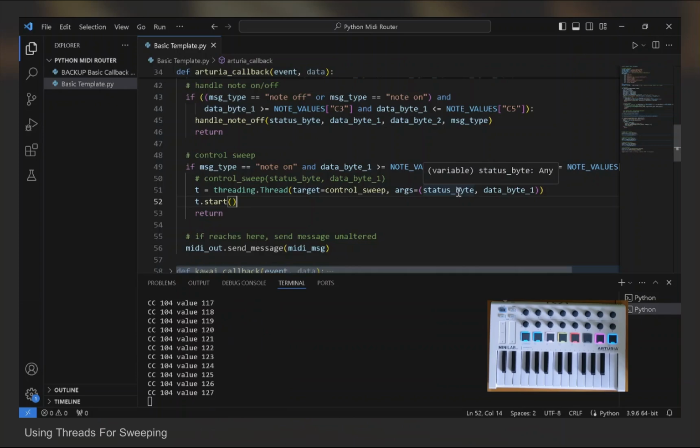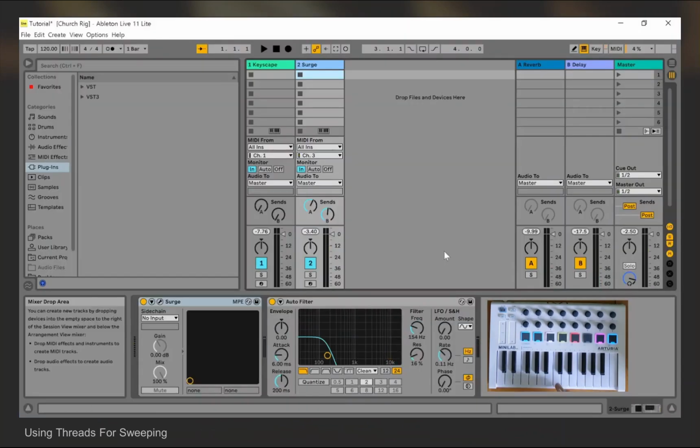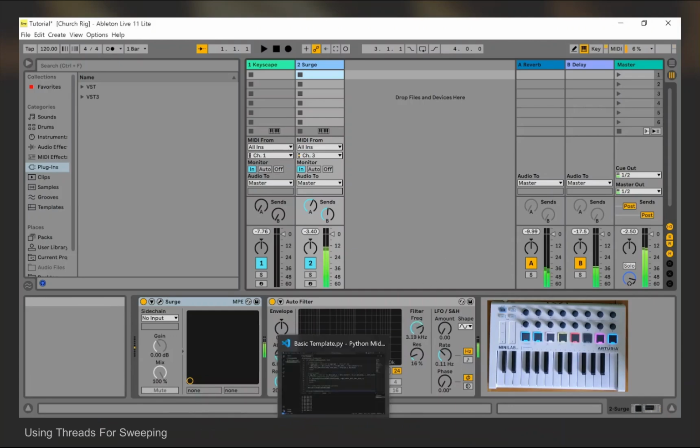Here's another interesting issue though. What about if I hit the pad multiple times? So let's just turn the value down here, and I'll show you what this is doing in Ableton. So press the key and hit the pad. You can see it's moving up. If I hit the pad again, what happens? Oh, what's going on there? If you look back in VS Code,